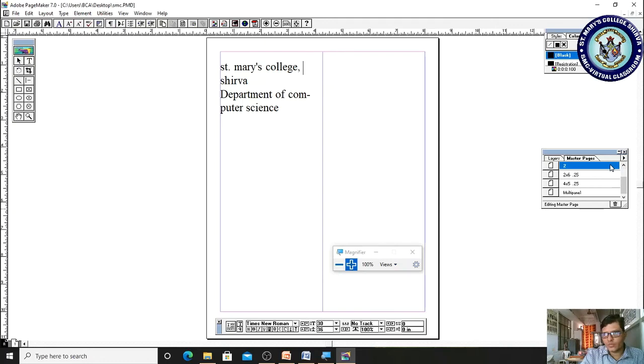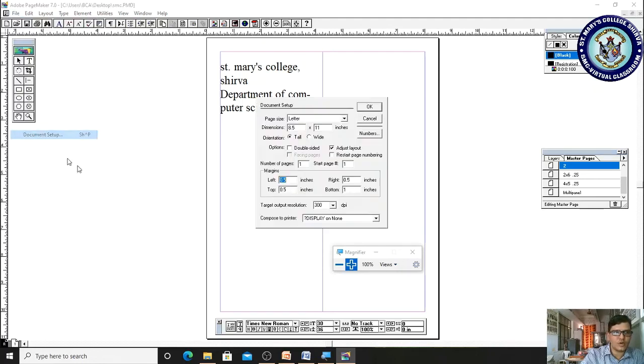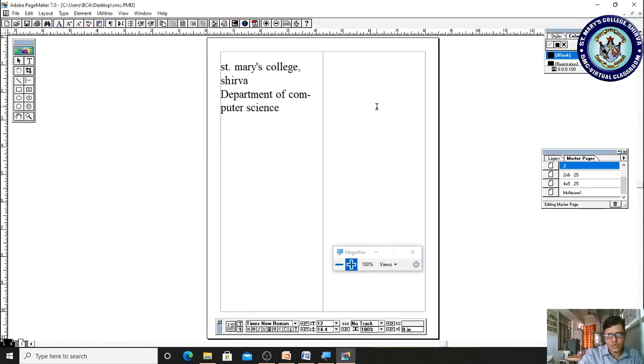If you want to make a movement, some of our template settings are involved, so we have to be very cautious while making these kinds of modifications. Here the template is showing facing pages. Let me take it as double and click OK.